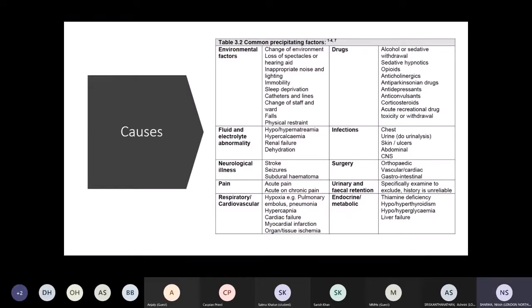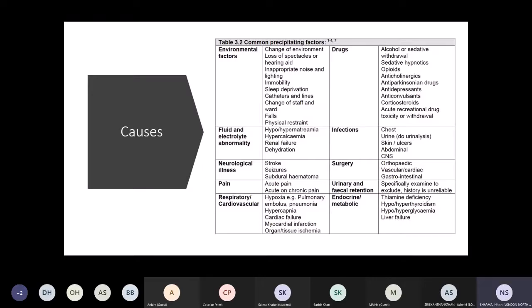Infections are very important. So as I told you, even a slight infection like a UTI could lead to delirium. Even with some outpatients, a patient who doesn't need admission just because of a UTI would go into delirium and end up needing admission. Surgery, after surgery, it is very common to see patients becoming delirious. This is often missed as a post effect of anesthesia, but this is more of a delirium rather than a post effect of anesthesia.